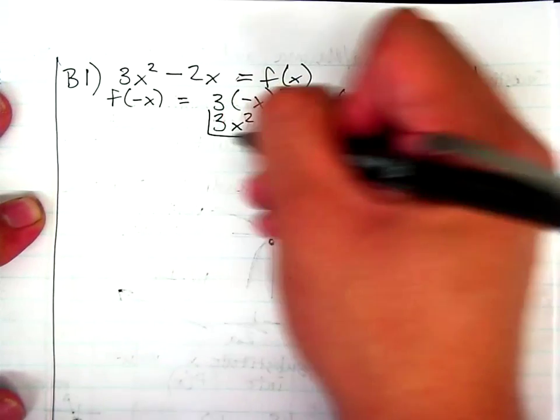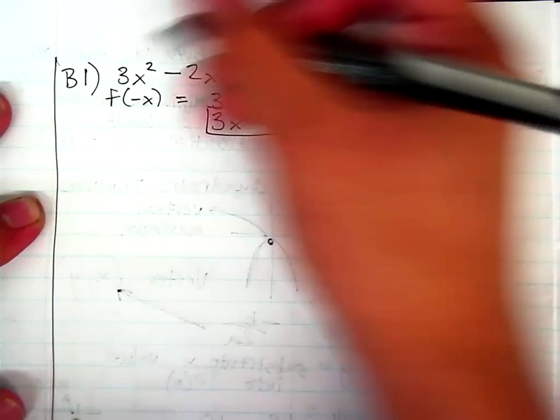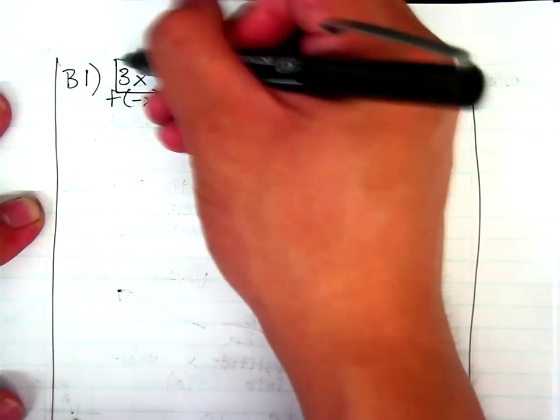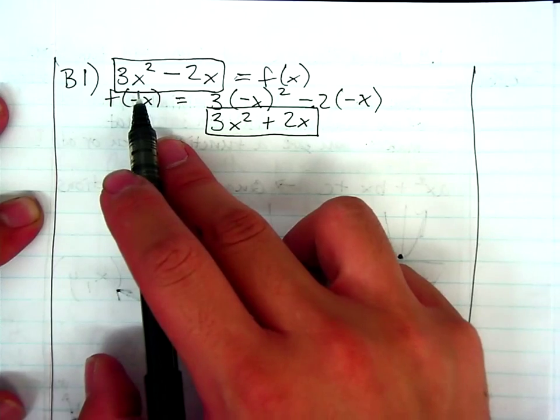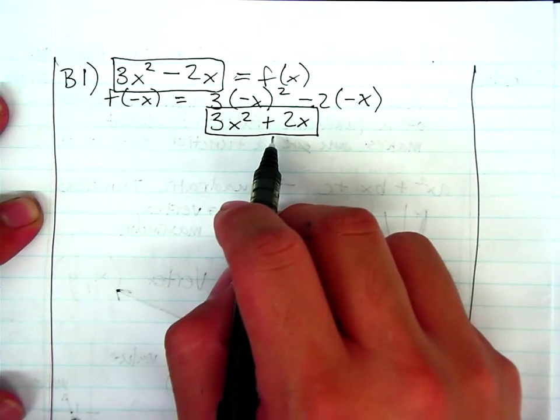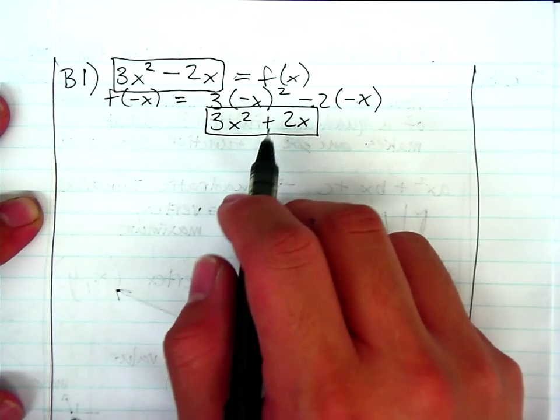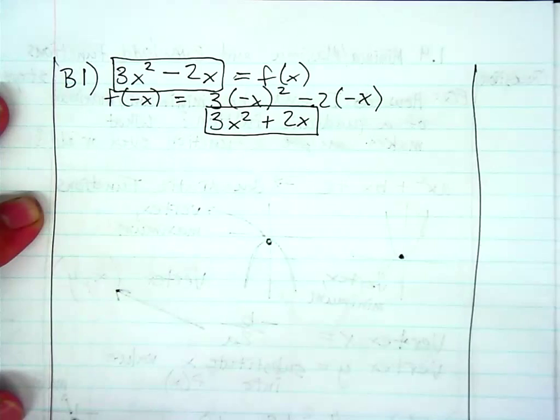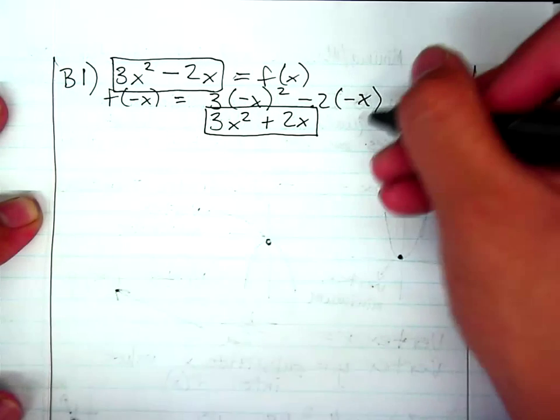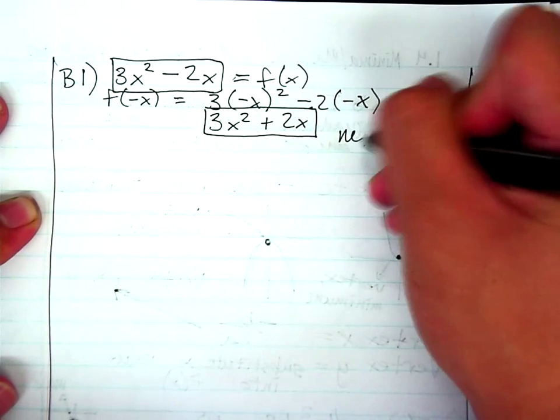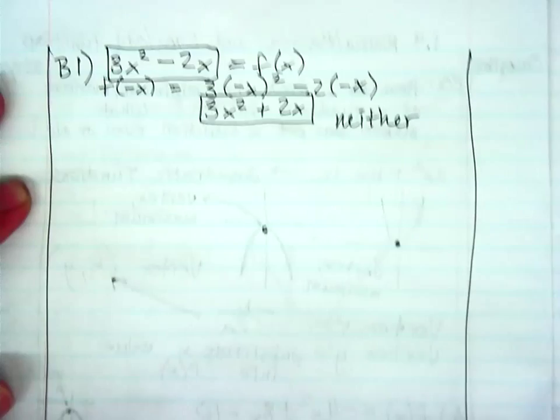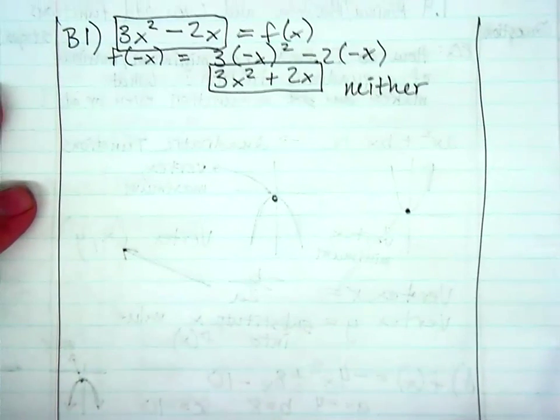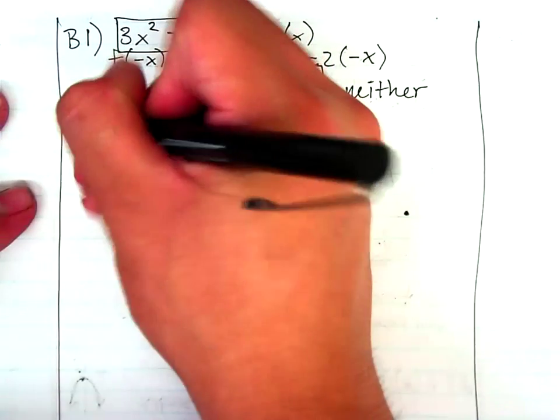Now compare this to the original function. The 3x squared has stayed the same, but the negative 2x and the positive 2x are obviously different. So because it wasn't a complete change or completely the same, this is neither. Alright, so it's neither even nor odd. That might seem a little confusing, but let's go ahead and see another example with B2,